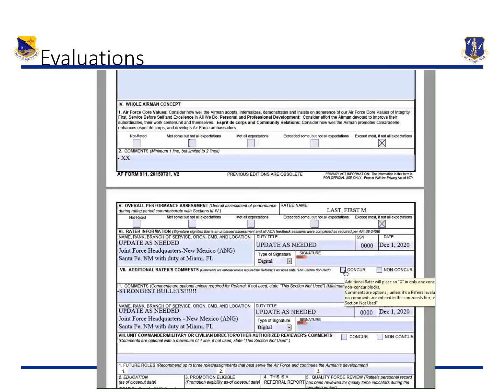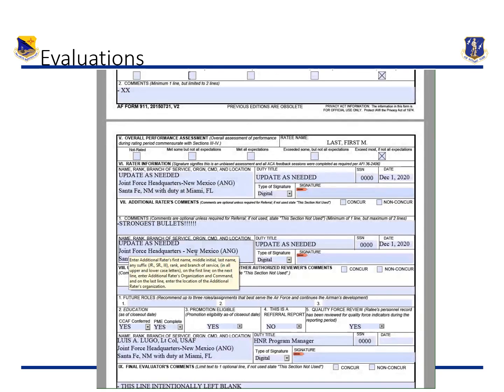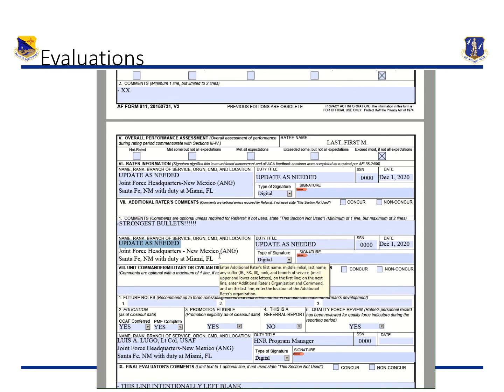If your additional rater doesn't concur with something, you need to be able to have that discussion and figure out why that happens before the evaluation closes. You should never see a non-concur in an evaluation from the additional rater. Then we have the senior rater, which will be, in our case for senior NCOs, if I'm not mistaken, the first O-6 in the chain of command according to the AFI. And so we'll put his or her name here. Duty title. Again, make sure that we're looking at digital signatures.